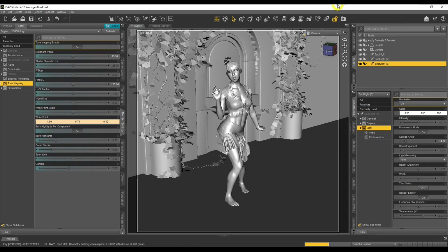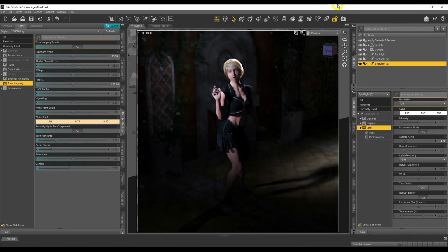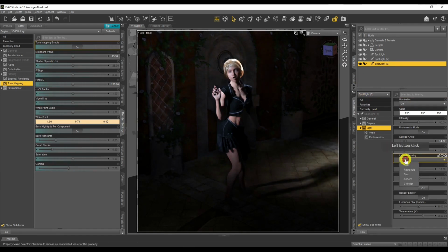So just give it a second. Cool. Okay, so again, I want to change. I don't want point lights, because point lights give you very harsh lighting, and in this case we don't want harsh lighting. And with point lights, you can't control the geometry. It's basically a light that you don't have any control over, and that's not what we want. That's why we choose rectangle or disc. I very rarely use sphere or cylinder. They're not very useful in terms of using the geometry for